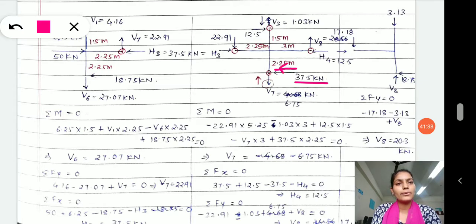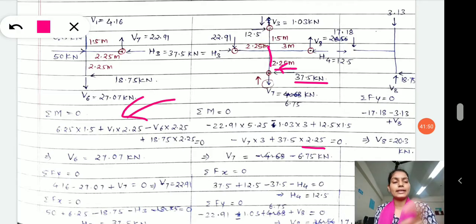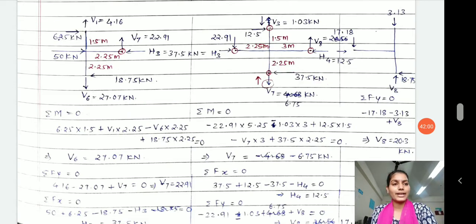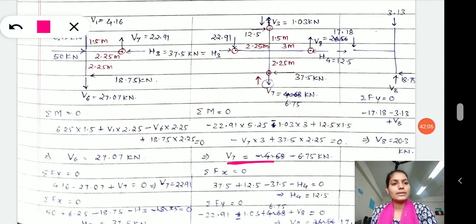So what force it will be? With perpendicular distance 2.25. Similarly, the moment equation is rho. So why am I saying similarly? Because the way exactly I did in the earlier sections, even in the earlier calculations, the same way I am analyzing here. So I hope at this point at least you are familiar with it. Let's solve it and you will get V7 equals 6.75 kilonewton.